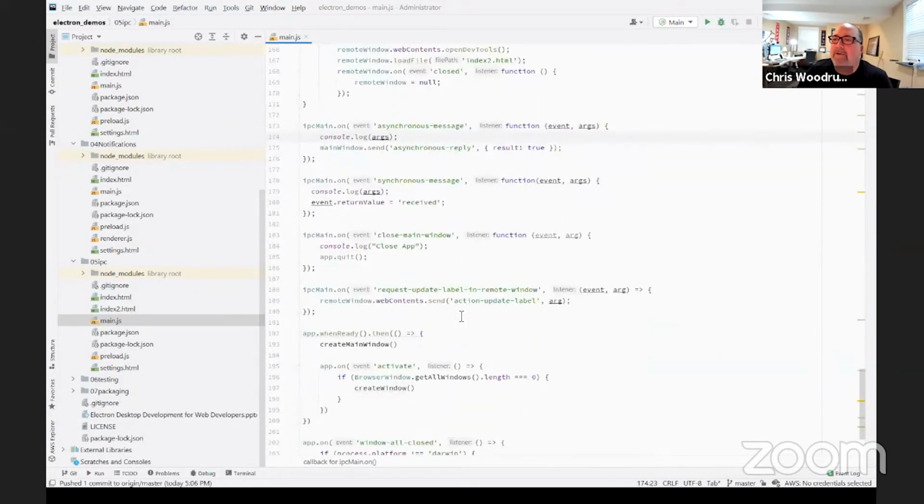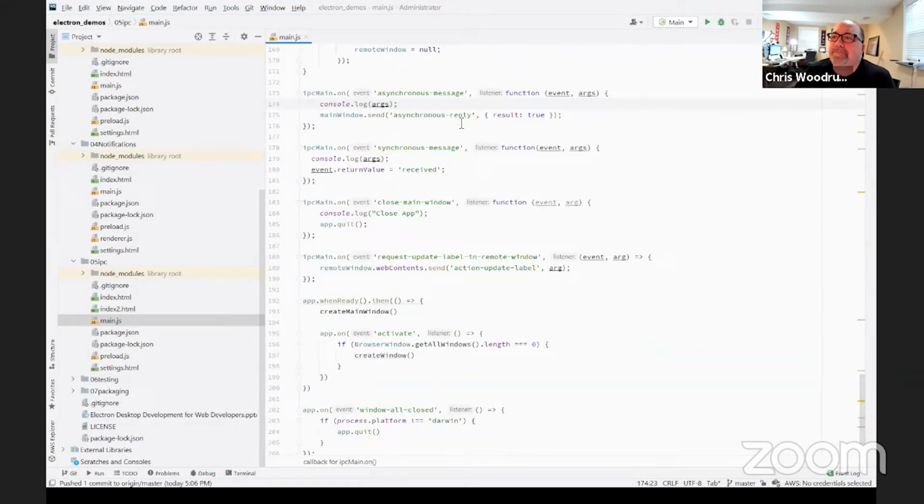So if I come down to here, I have the ability to send asynchronous messages and synchronous messages. On this IPC main, if I get a message that matches up with the event that is created, then I'll do something with it.